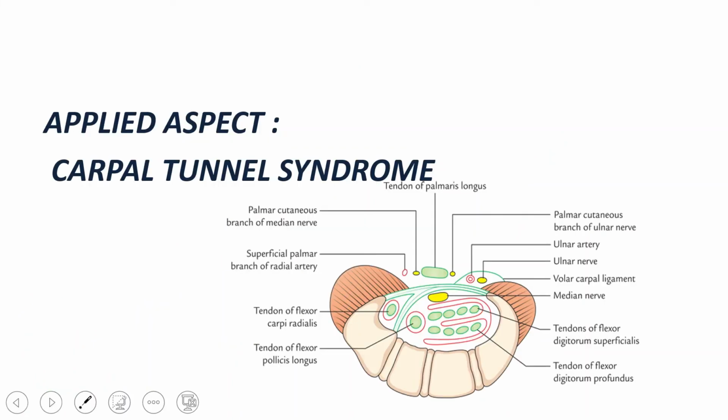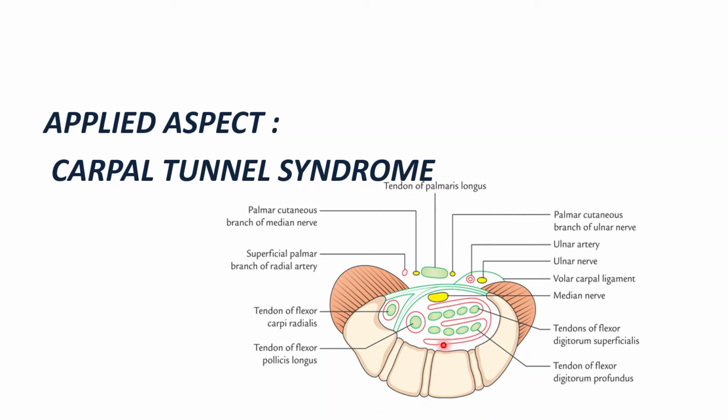Lastly, moving on to the clinical importance of this flexor retinaculum, there is something called carpal tunnel syndrome. In this picture, what we see here is the carpal tunnel syndrome, which I am highlighting over here. Now the carpal tunnel is covered by the flexor retinaculum, as we have already studied. So here are the structures which are superficial to the retinaculum. Here we can see the structures deep to the retinaculum, and the red one which is seen here is nothing but the bursae, that is the synovial sheath covering the long tendons.